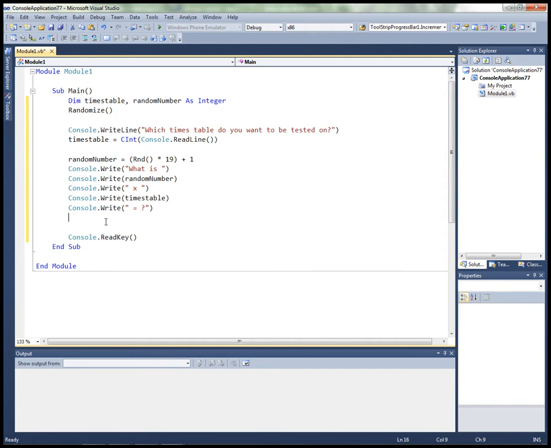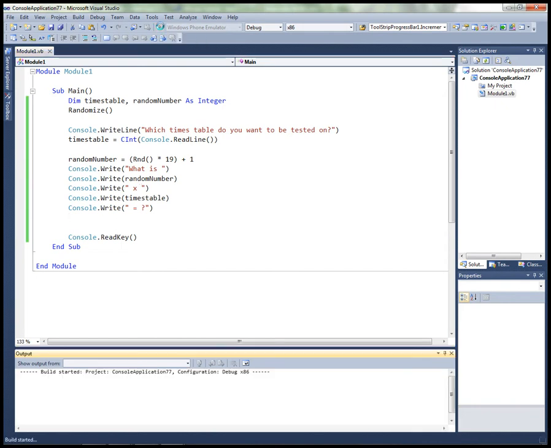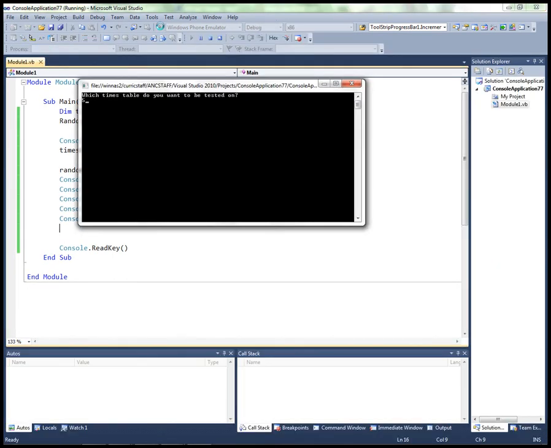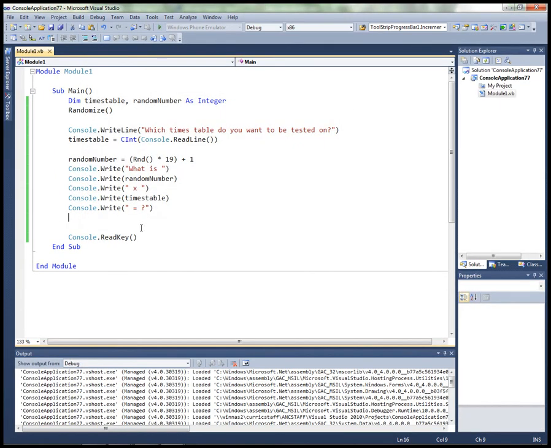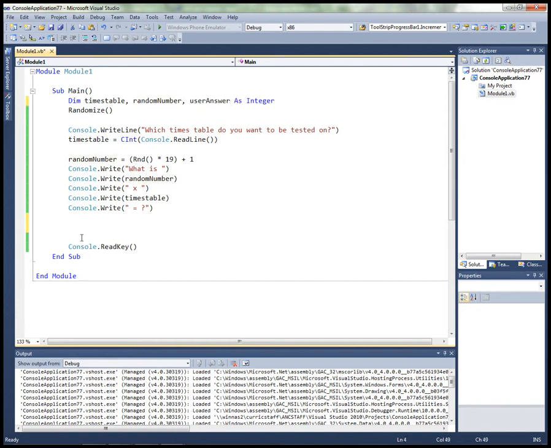works. So let's have a look at that. It should just print out, if I type my number in 5, it prints out a random number. Great. Next thing I need to do is to get the answer from the user. So I'm going to have to store that somewhere. So let's go and have another variable called user answer. I'll put user answer rather than using user guess. Hopefully it's not a guess. So user answer equals